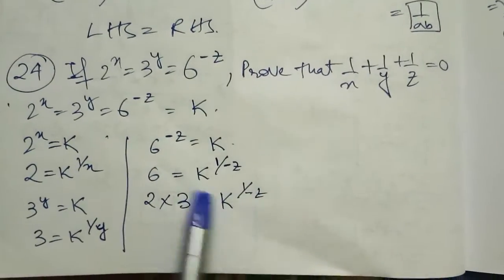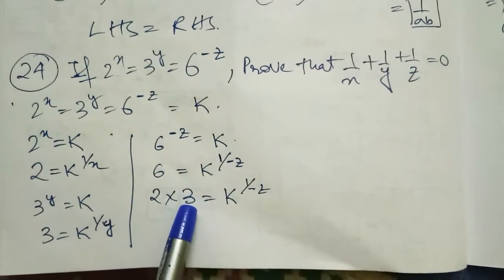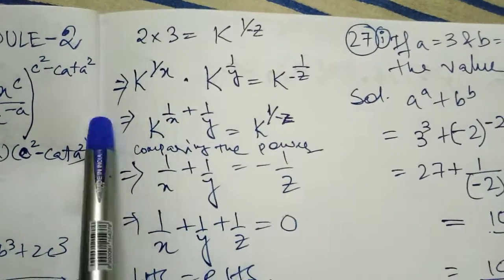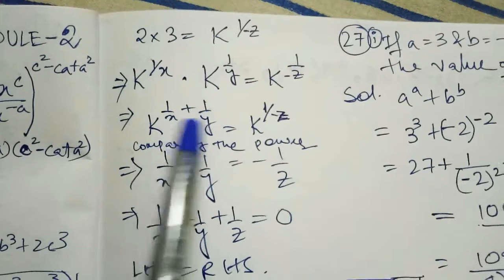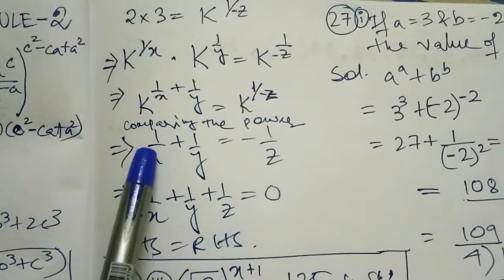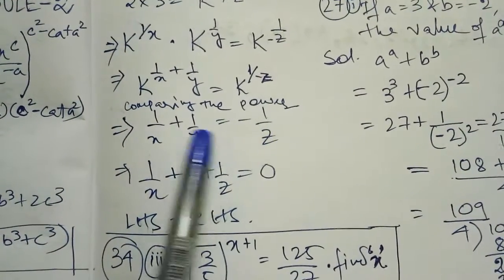Now from here, in this 2 I can put the value of k, and in this place the value of 3. Same thing I have done over here only. See, in this part, after comparing, the bases are the same, so the powers will be added up. I have made the powers added up. Now the bases are the same on both the left hand side and right hand side. What we can do is compare the powers. Now I have transposed this one to the left hand side.